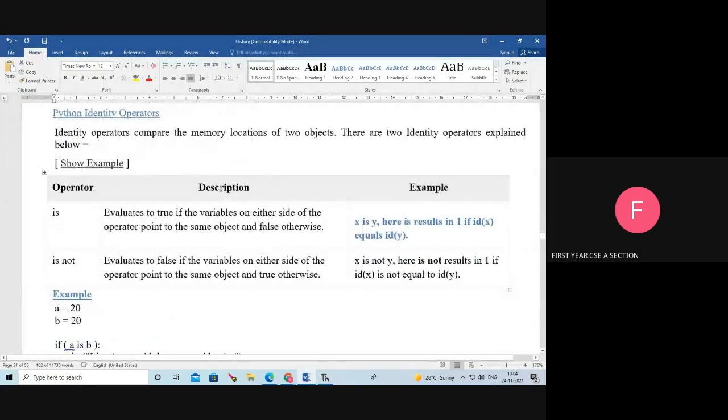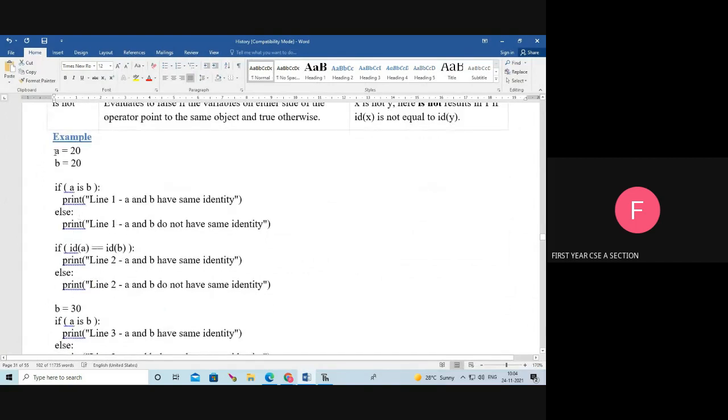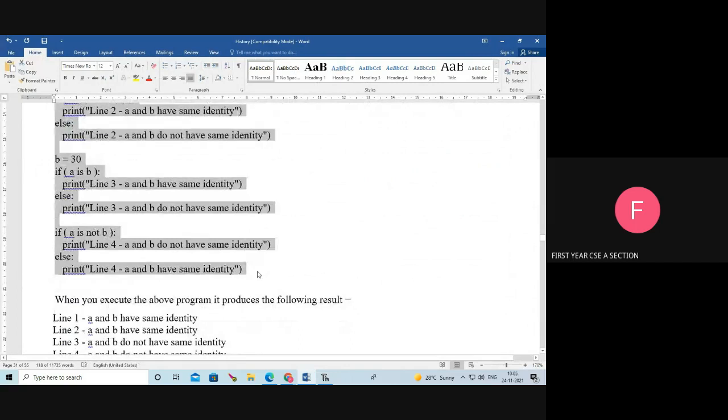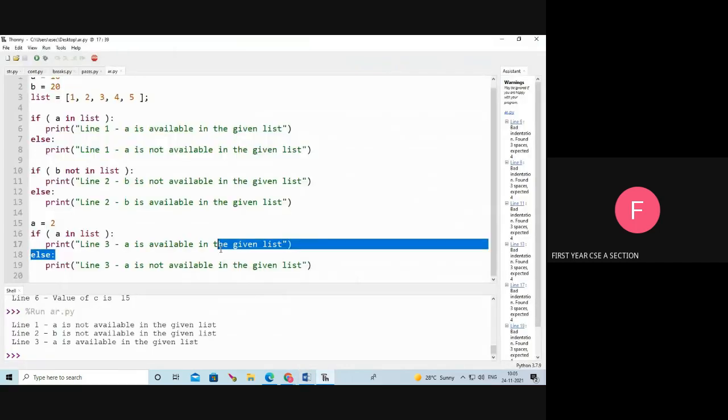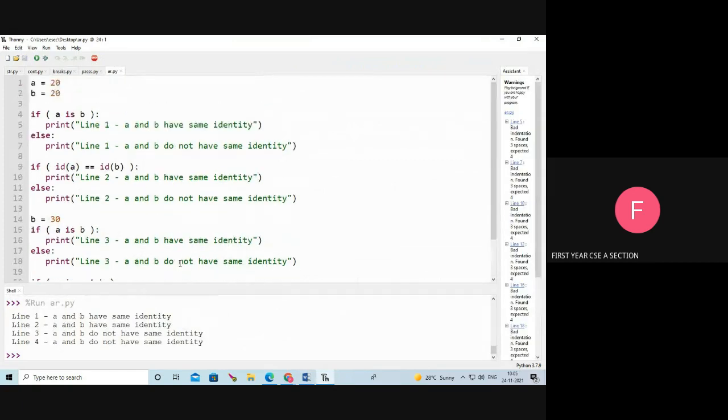Next one, identity operators. Is and is not are the identity operators. Okay, let's see one example program. Here see, A value is 20, B also 20.